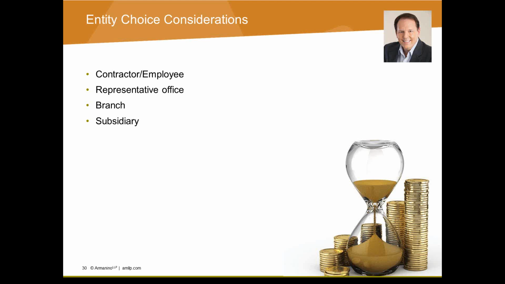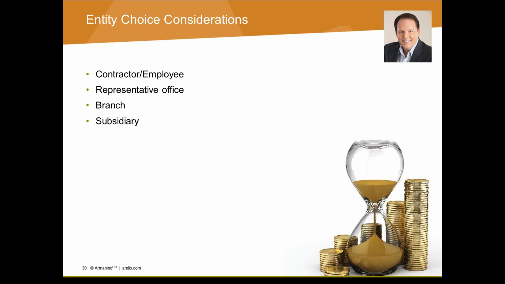The hierarchy that we typically use for expanding internationally is, first, if we're going to hire someone in France, for instance, can we hire that person as a contractor? And can we hire that person through an agency that's going to insulate us from permanent establishment risk, payroll tax risk, and the risk of having any sort of taxable presence in that country? If we decide that person has to be an employee, the next step up is, can we register the U.S. company as an employer in that jurisdiction to take care of our payroll risk and other obligations? What are the activities of that employee? Can we use a tax treaty to not run afoul of permanent establishment issues?